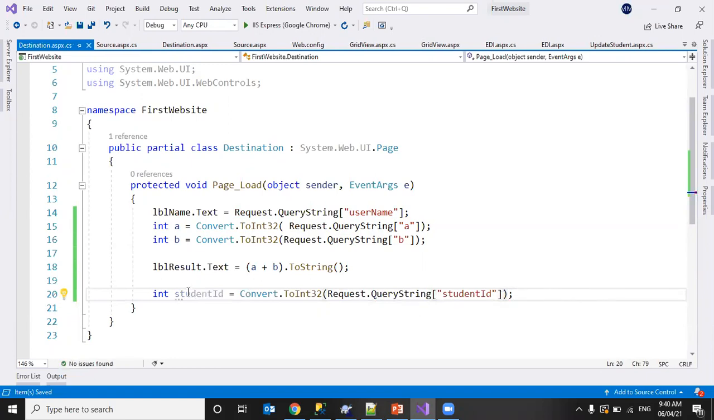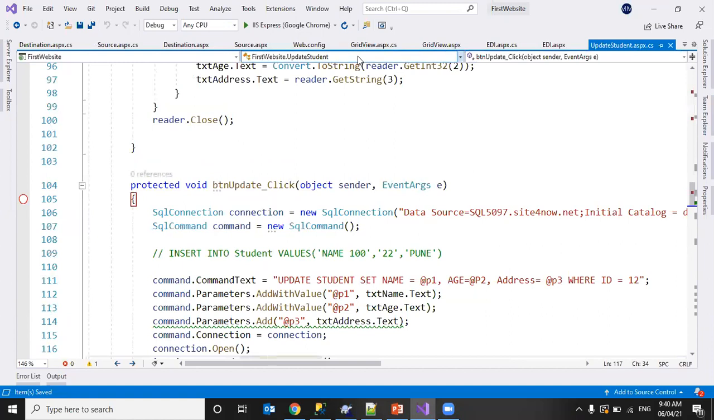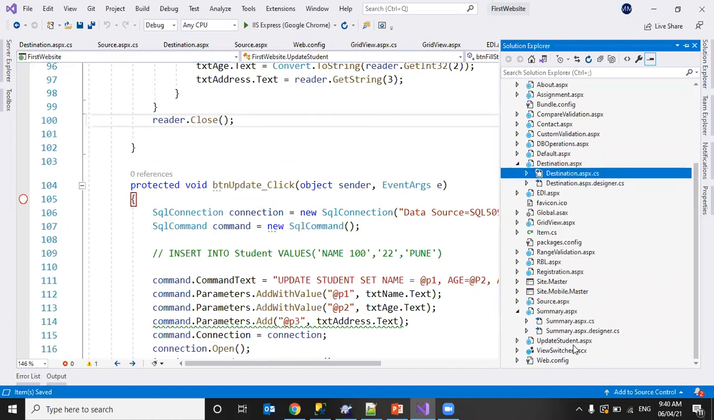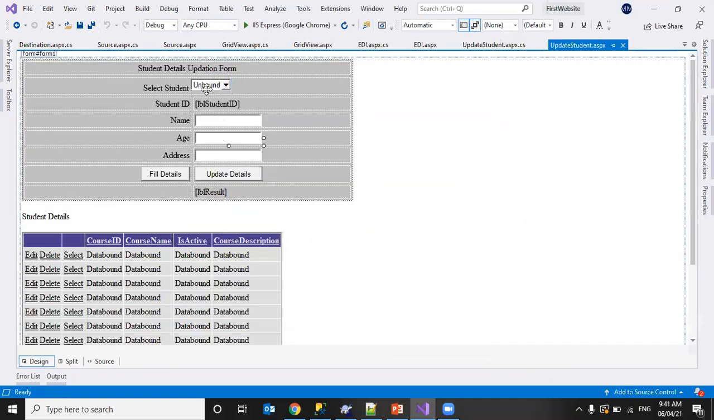Now I want to display the student details in a grid or some label. For that, I guess I have code in a different page. Where do I have that? The update student page, yes, that one only. Here I'm selecting based on a drop down, so on change we are taking that value and binding these details. Let's try that with this